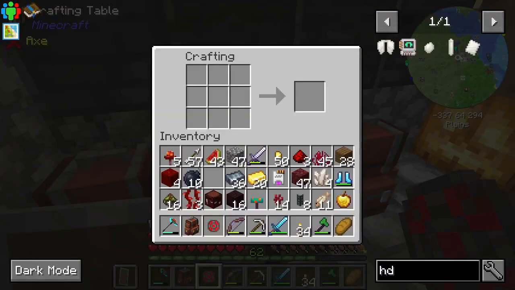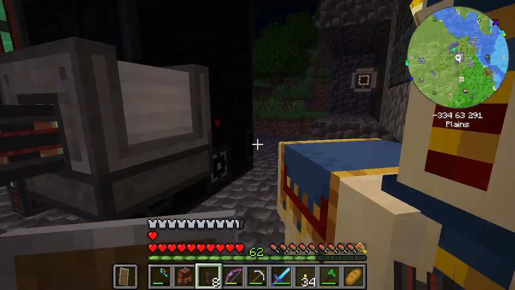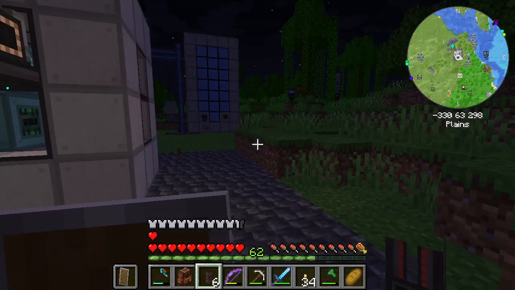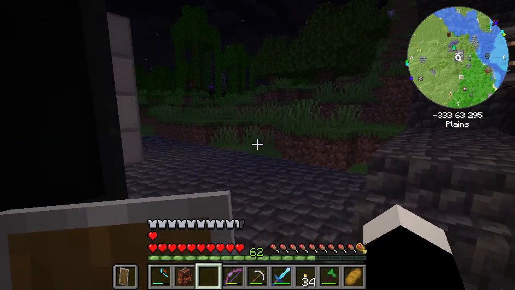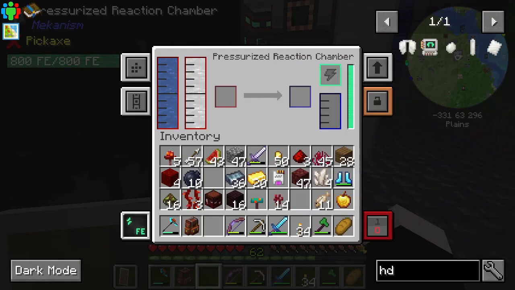So here we go. I got some infused alloy. Got some basic cable. Got this guy in my way. There we are. I know it looks a little bit tacky, but let's see. Maybe I ought to wall this place off. I don't know. Used to be a nice area. But anyway,